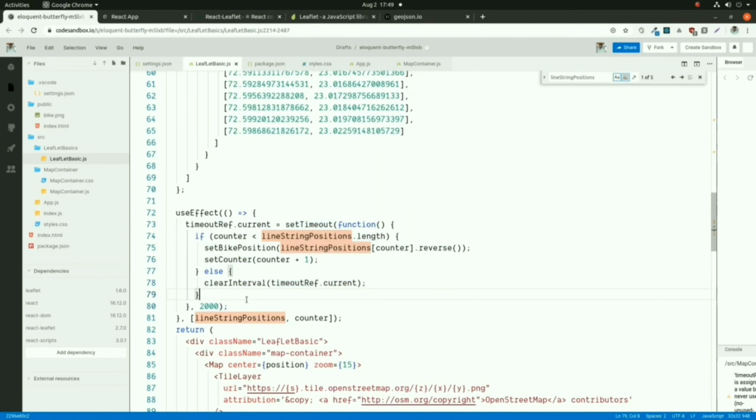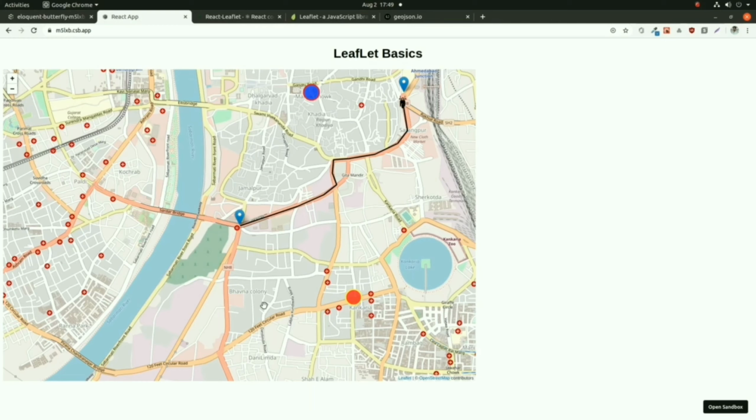By this way you can move any object or any icon inside your map. So by this way you can use the marker, circle, and line string using GeoJSON and custom icon in React Leaflet. So this is all about React Leaflet.